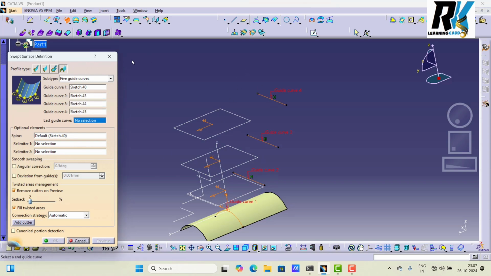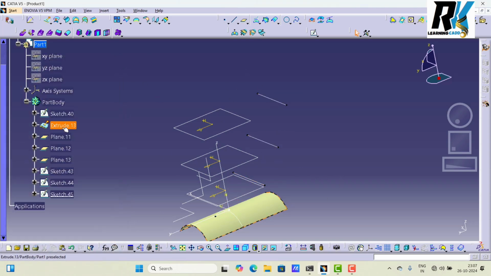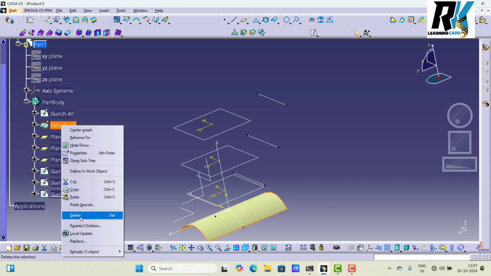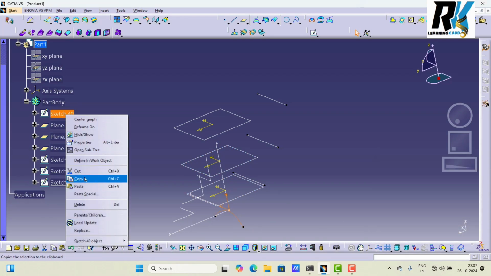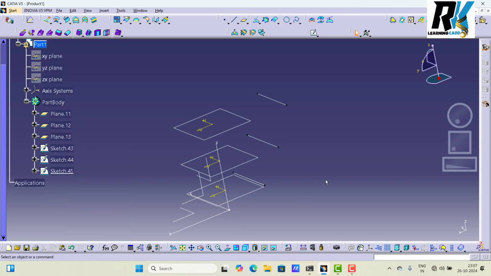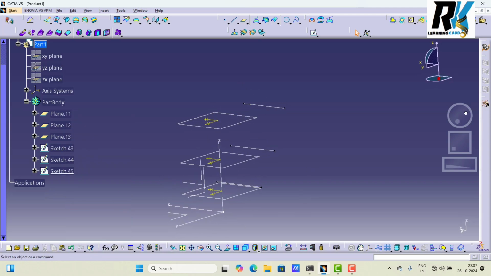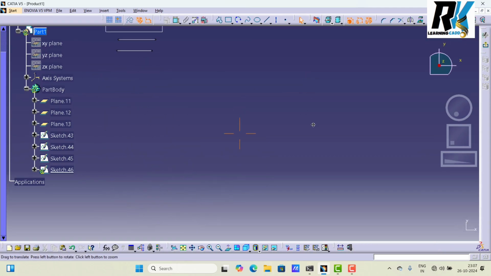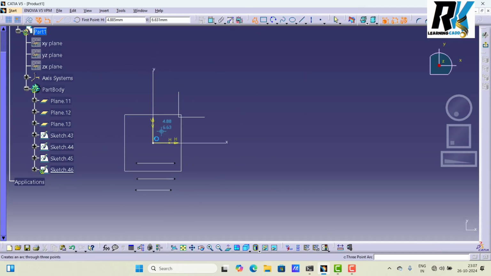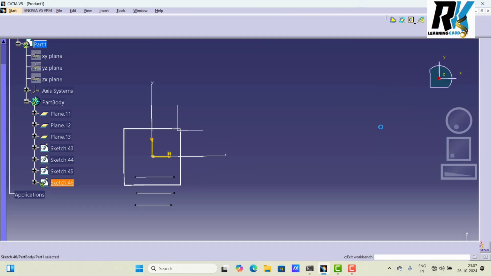So the last guide curve we need. You can delete this surface, no problem. Okay, you can delete this one also, and just select this plane and make here one guide curve again. Okay, I made it here and just finish it.